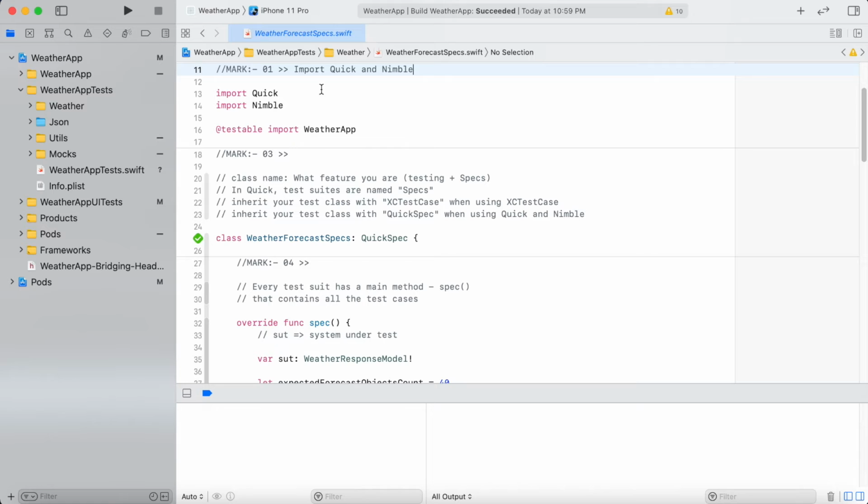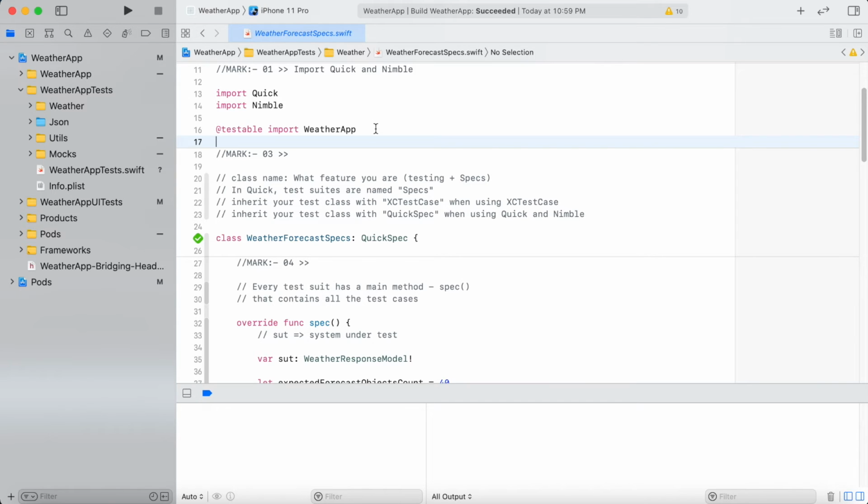We are using the CocoaPods dependency management system to install these two frameworks, and that's why they are available automatically on the import statement. So at line numbers 13 and 14, we have imported these two frameworks with the help of CocoaPods. And at line number 16, we have given an @testable import statement that basically imports the complete app module into this particular test file.